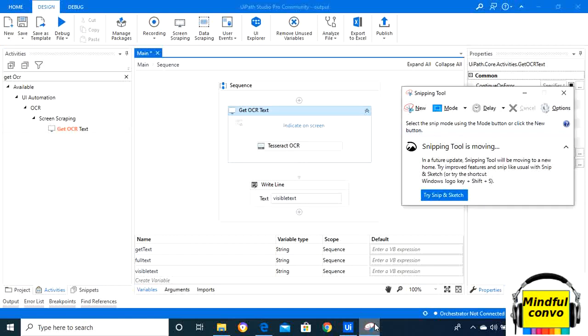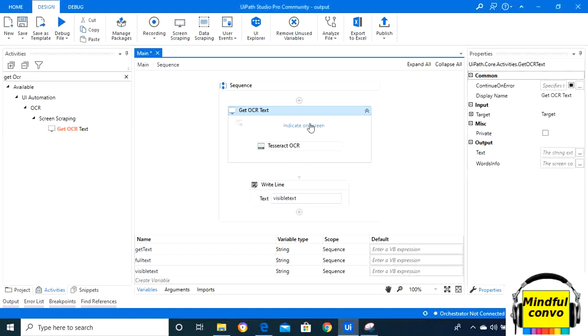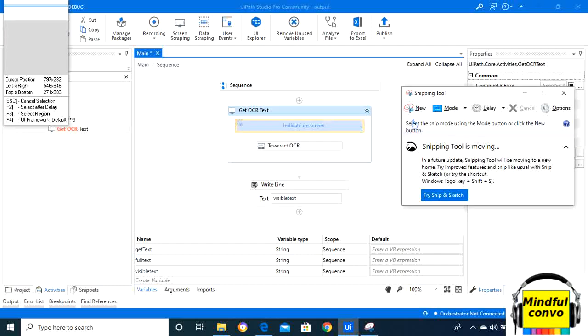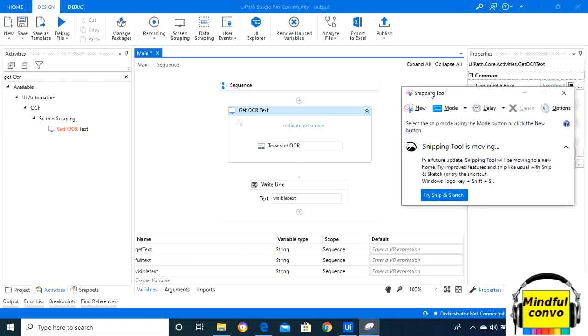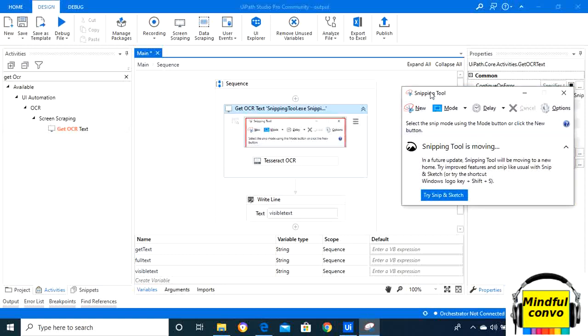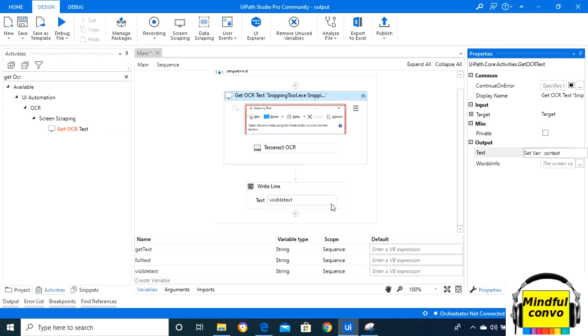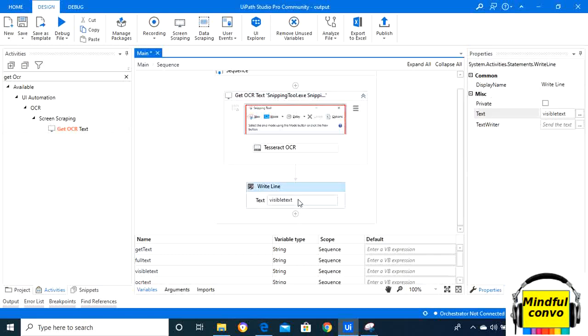Now when I indicate the screen, using the OCR method, first of all we need to create the variable OCR text and we need to mention it here.